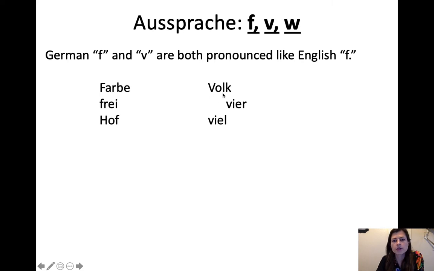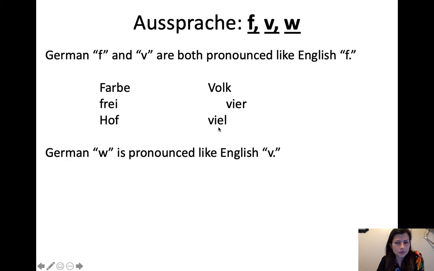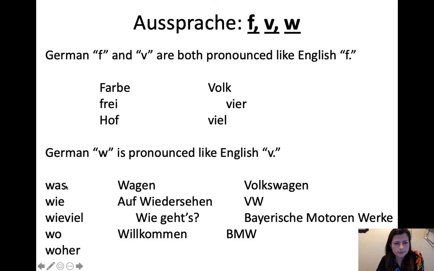So let's do these. Volk. Vier. Viel. And then the German W is pronounced like an English V. So we have was, wie, wie viel, wo, woher, wagen,